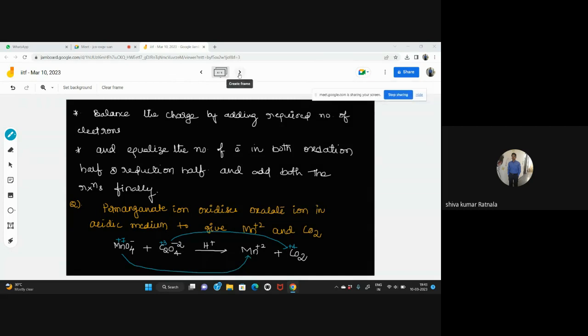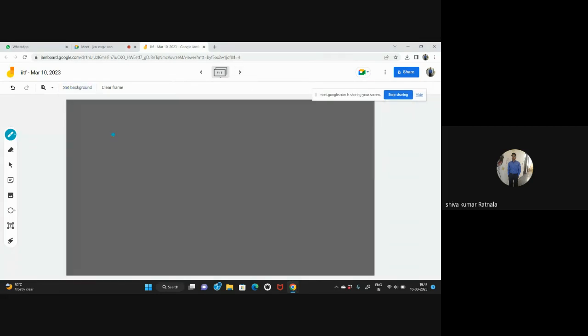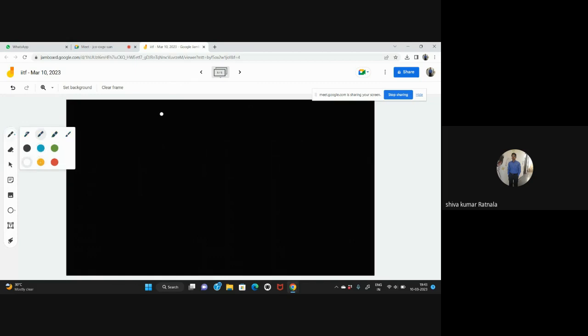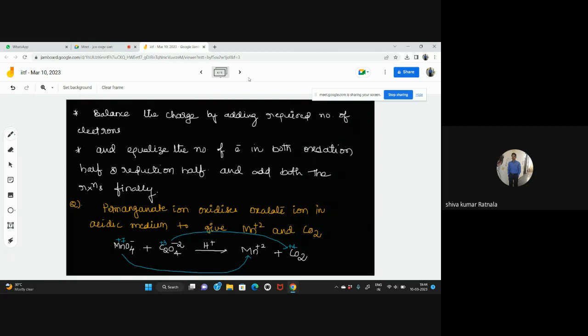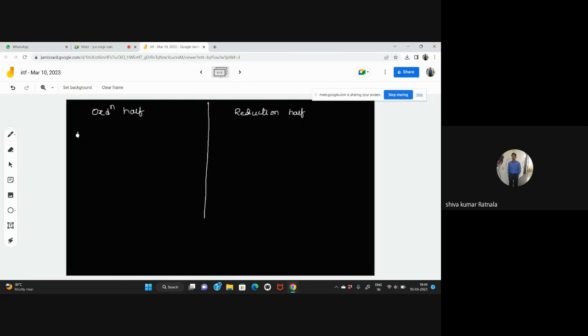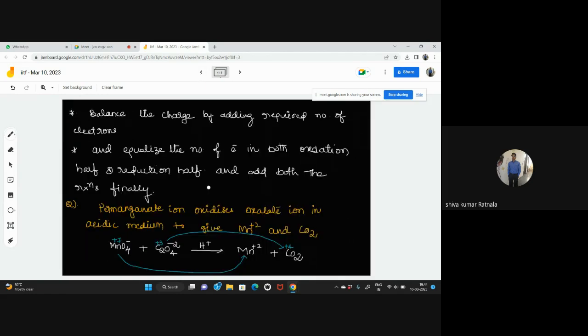So now see here. First, let me balance individually. Okay? So I have taken here oxidation half, and here I have taken reduction half. Okay? What is oxidation half here? This one, no? Where is oxidation taking place? MnO4 minus converting into Mn plus 2. This is oxidation, right? And reduction is